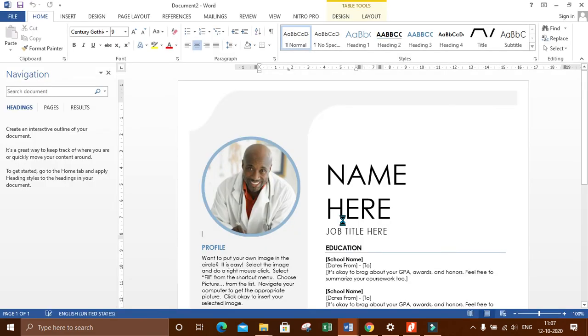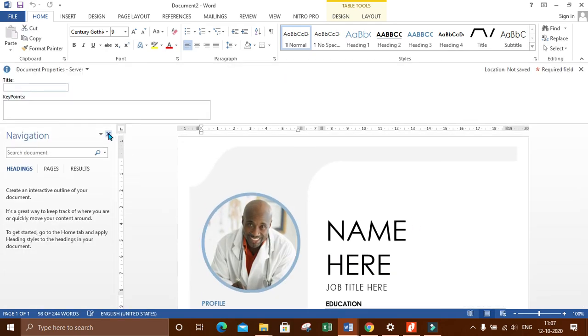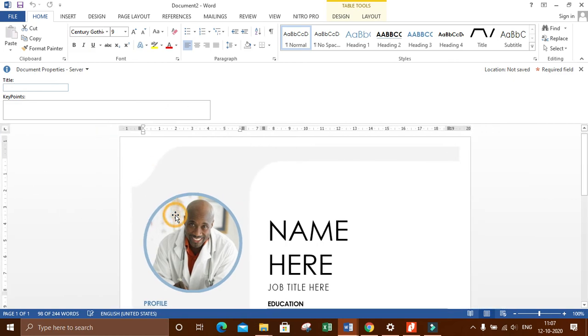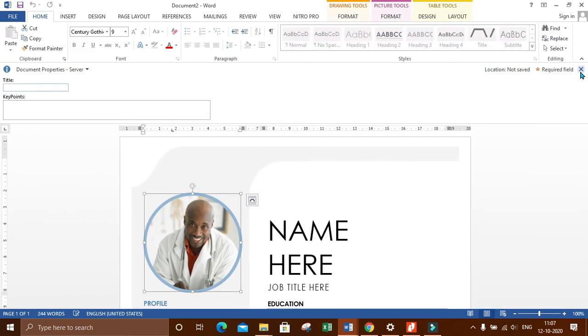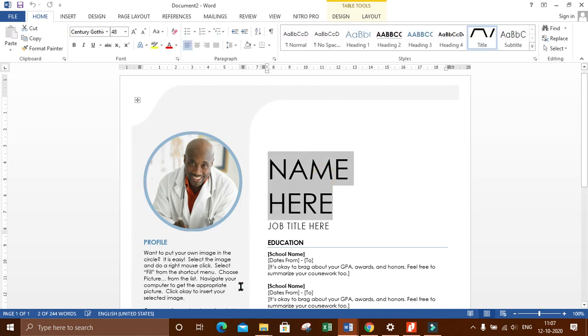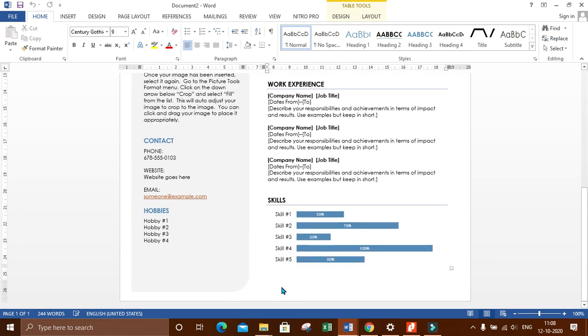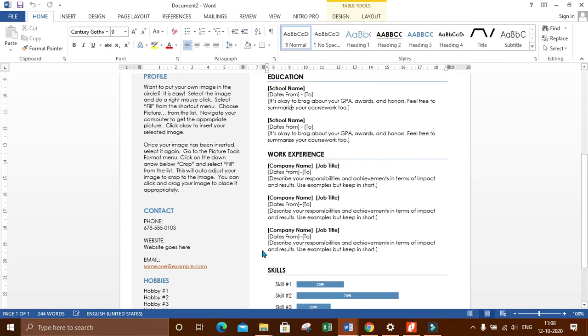Okay. Now what you need to do? You can change the picture. Here you can write your name, education qualifications, profile, whatever you want to put here, everything is given here. So just by editing, you can create your resume very easily. Okay. So for this you don't need to go to any computer shop, etc.